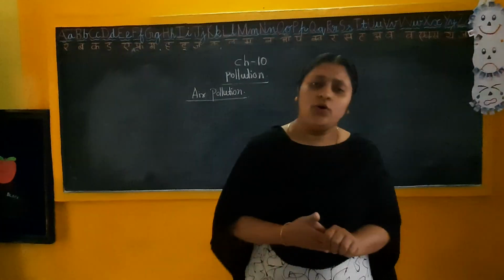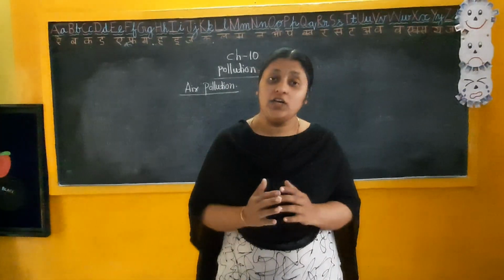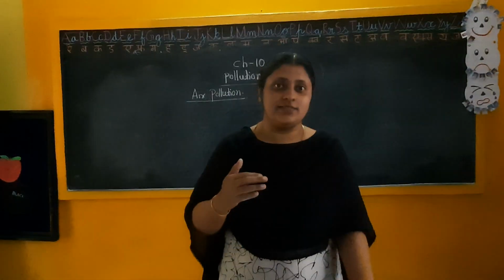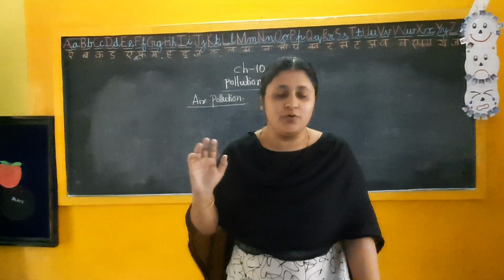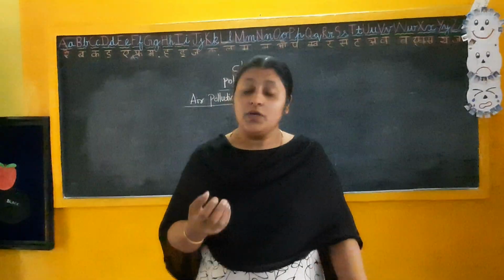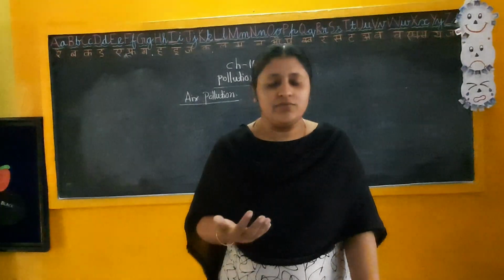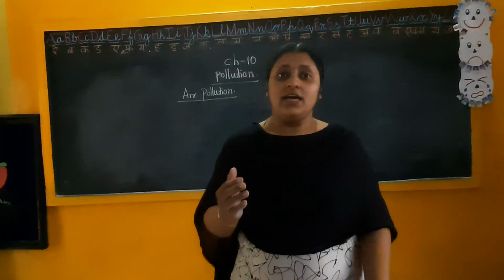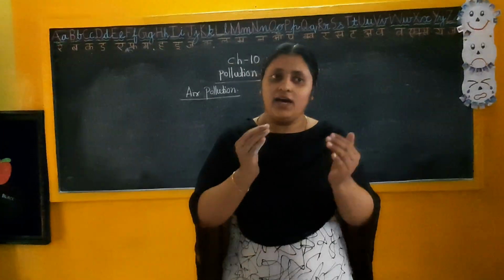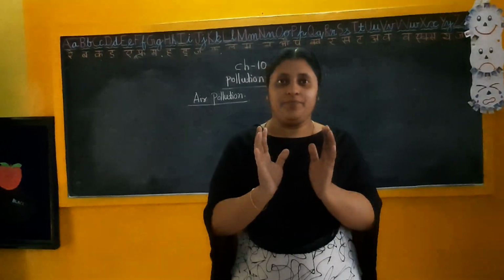We all know that on our earth, atmosphere is there. What is atmosphere? Different kinds of layers of gases are there in our air. That is atmosphere, isn't it? In our atmosphere, different kinds of gases are there: oxygen, nitrogen, carbon dioxide, helium. And these gases are situated in a balanced manner. This much oxygen will be there and this much carbon dioxide will be there. It is in a balanced way.